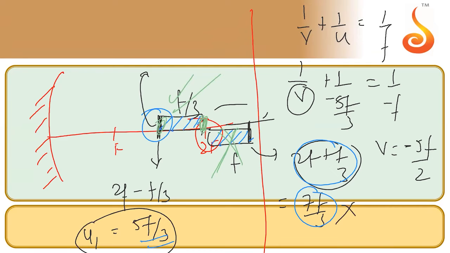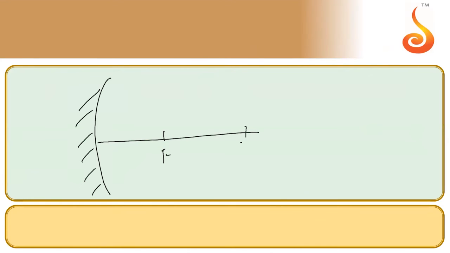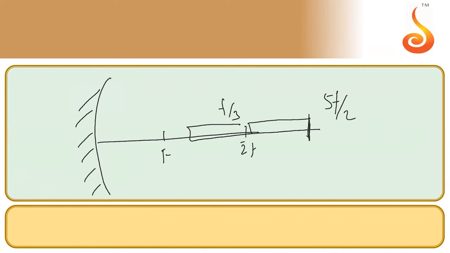So one last time I will clean my screen so that we can understand the diagram here properly. What did I get till now? I got that if I take a concave mirror and I keep an object between f and 2f whose length is equal to f/3, then the image comes oriented this way and this coordinate is 5f/2. Minus sign only showed the direction. 5/2 is also 2.5f.